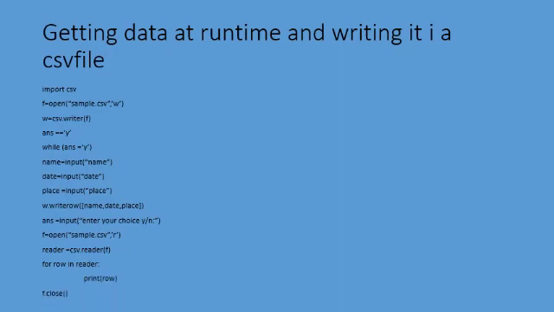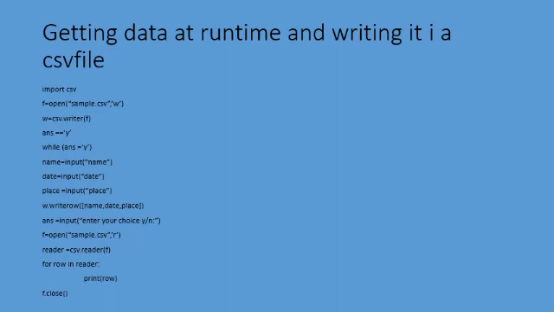First import csv. Next, f is equal to open sample.csv in write mode, the same thing. Open function will open sample.csv in write mode, it is stored in f. Then w is equal to csv.writer of f. csv.writer will write the data in f, it is stored in w. Now another variable I am giving, answer equal to y. It is nothing but our choice. Answer is a variable which contains a value y.